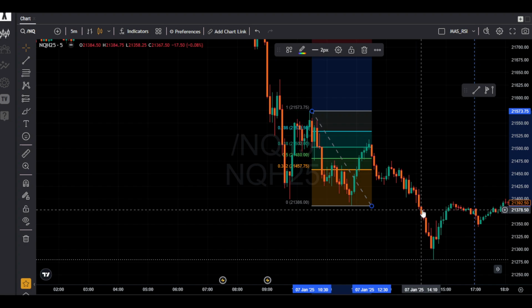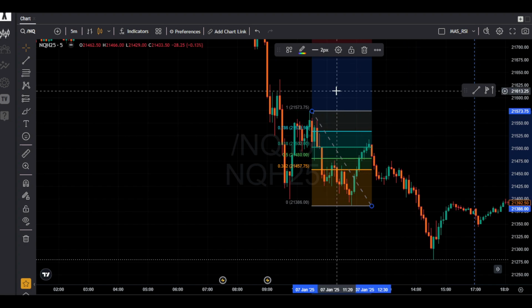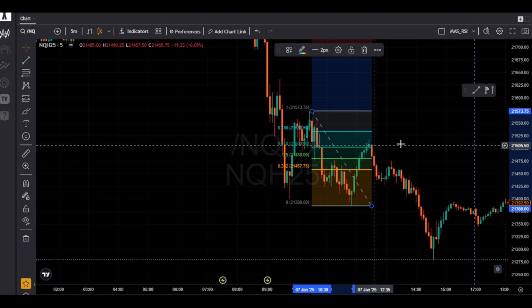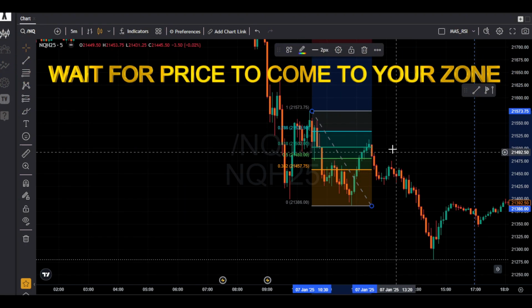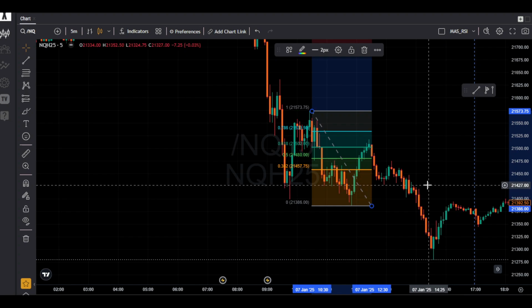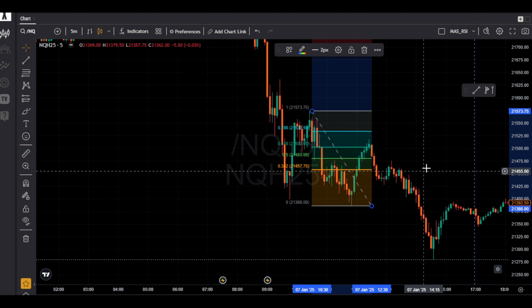So all you have to do is just wait for this setup, just set up some alerts or something. You don't really have to stay on the computer the whole time, just watch the candle. Just mark that zone and wait for the price to come into this zone, and then just take your setup and let it work. And you'll really enjoy it. You'll be very happy how perfectly it works.